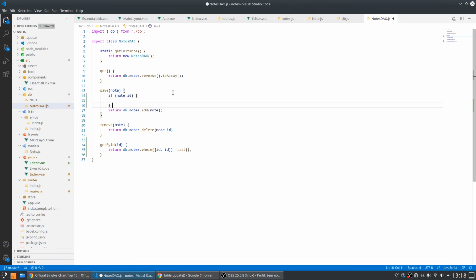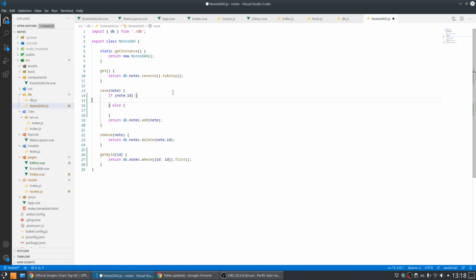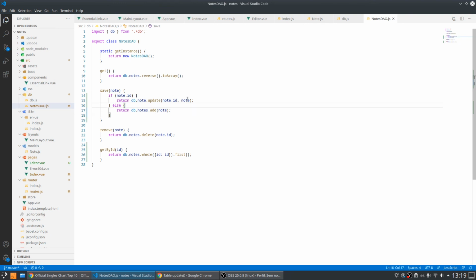So what we can do here is, when we have an ID inside the node, we know that this node was already saved in the database, so we can call db.nodes.update, and here we need to pass the node.id and everything that we want to update. And in the else we can do the add operation because we don't have the ID, so we are adding nodes. Let me fix this name